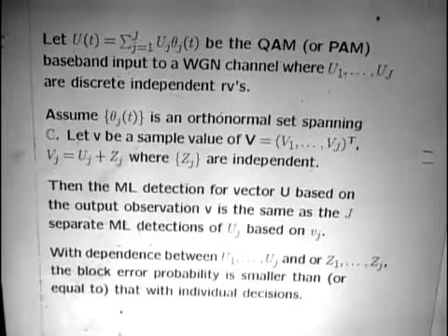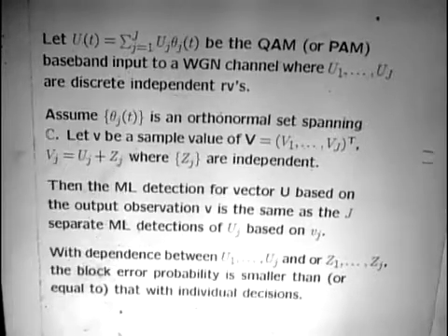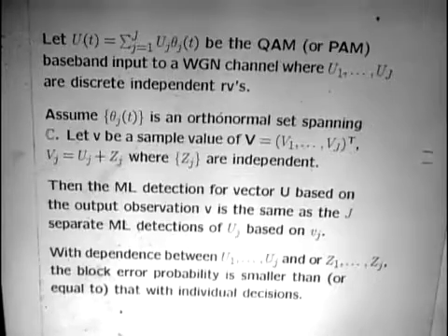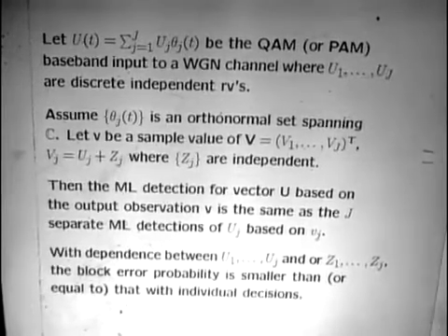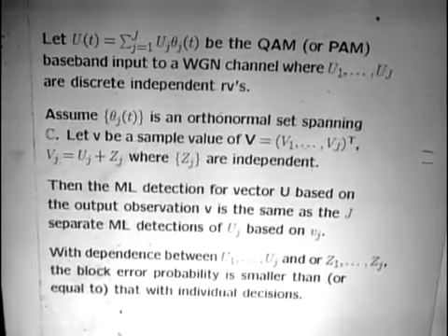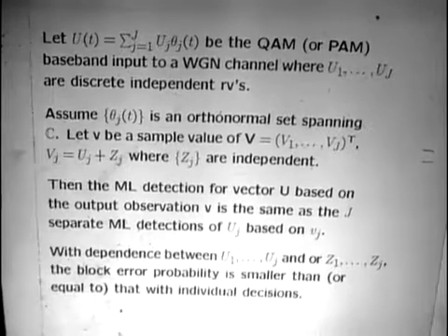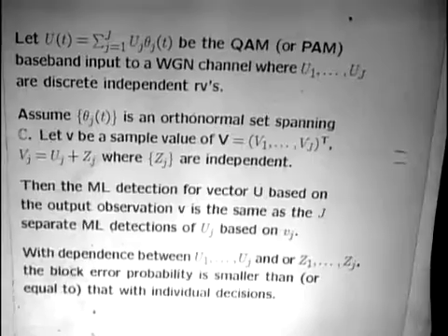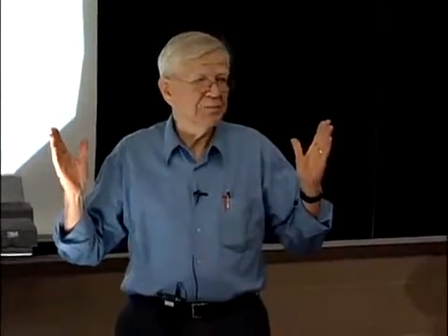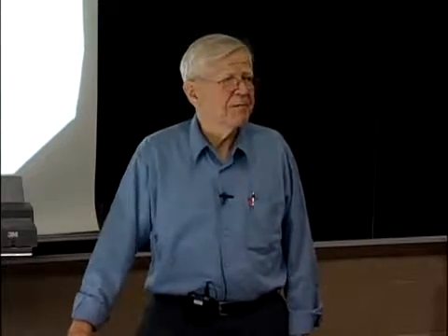Okay. But the important thing that comes out of here is that this simple-minded decision, where you make a decision on U sub 1 based just on V sub 1, is something you can do. You can do the maximum likelihood decision, and you know how it behaves. You can calculate what the error probability is. But you know now automatically that your error probability is going to be greater than or equal to the error probability that you would get if you base that decision on the whole set of inputs. Okay, this is an argument that it seems hard for most people